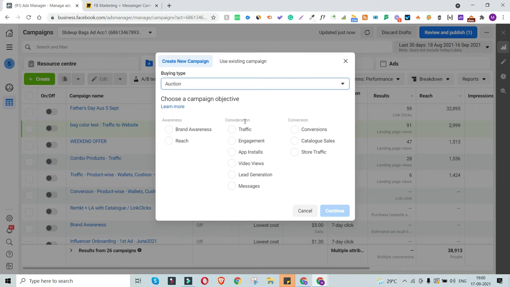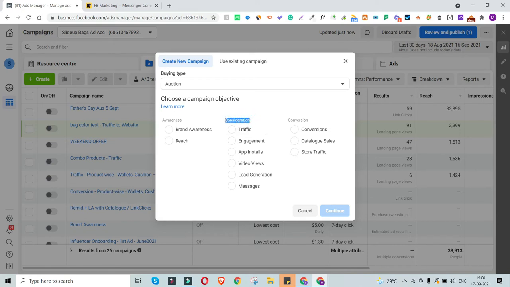In this case of consideration, we are targeting people who are interested in our product or who are likely to take an action, who have recently been looking for or engaging with ads of similar kinds of products that we are trying to promote through this ad.